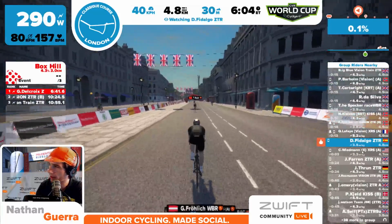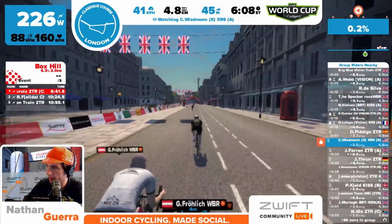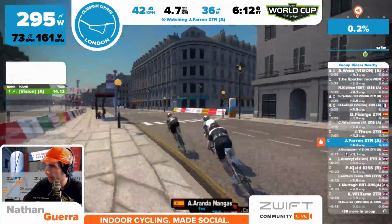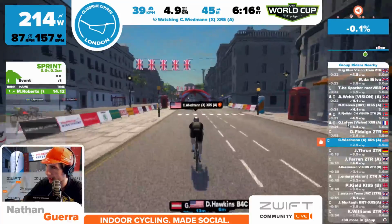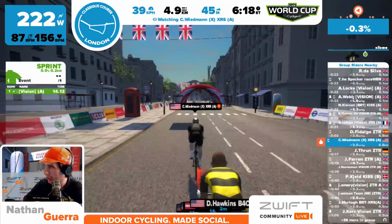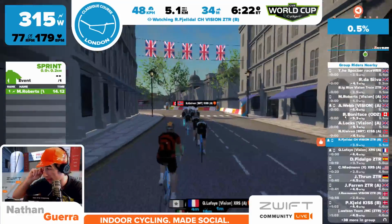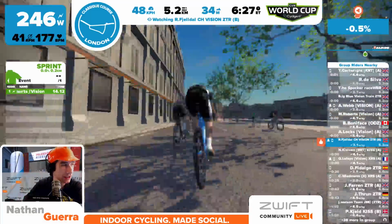Fidalgo now here coming out of Spain, hammering away about 14 seconds back. He's got C. Weidman from Team Experimental trying to chase him down, as well as Jay Farron now about 18 seconds back from Weidman. So that is going to be the lead group, though, amongst the A's and the B's, it looks like, as Remy is actually leading out the B category right now, as he is just trying to hang on with these initial attacks that are coming